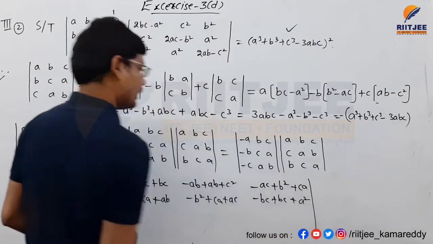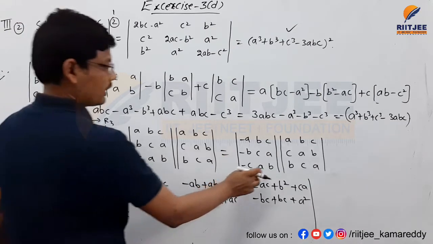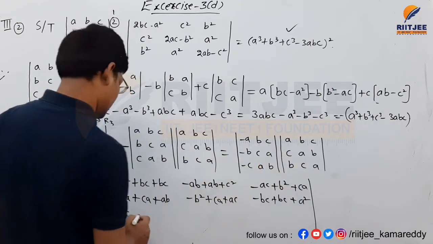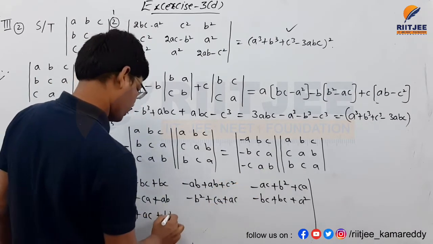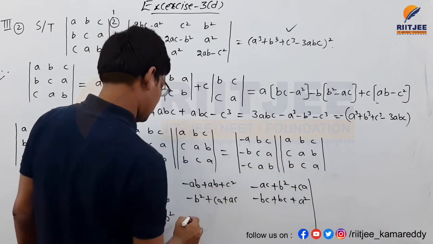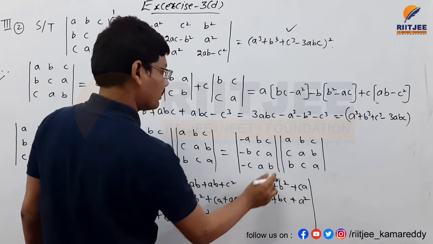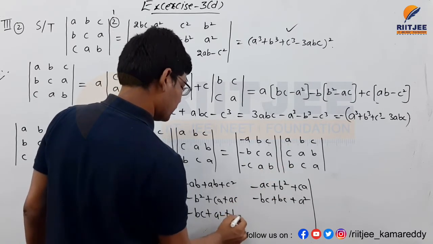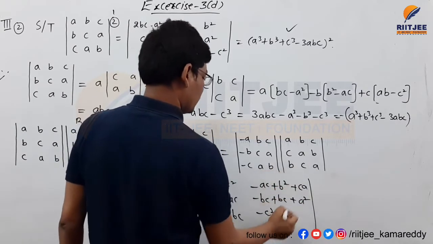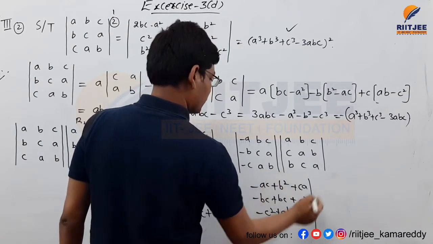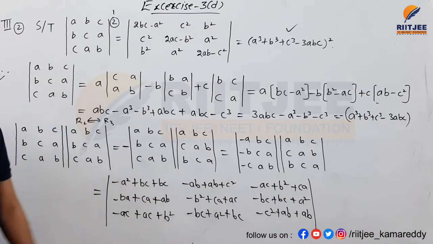square. And minus C into A, minus AC, and A into C, plus AC, and B into B, plus B square. Next, minus C into B, minus BC, A into A square, and B into C, plus BC. Next, minus C into C, minus C square, A into B, plus AB, and B into A, AB. So this is the final multiplication of a 3 by 3 matrix.